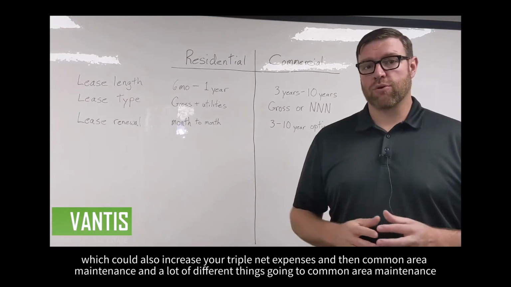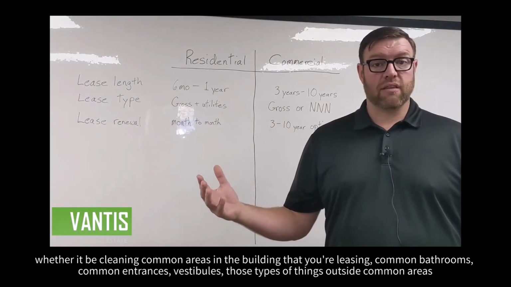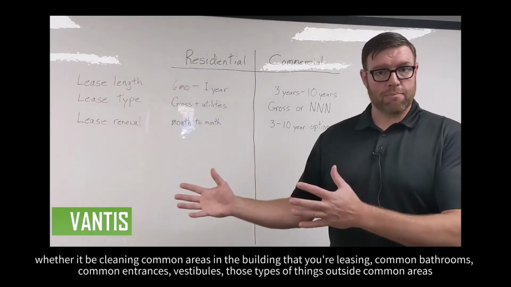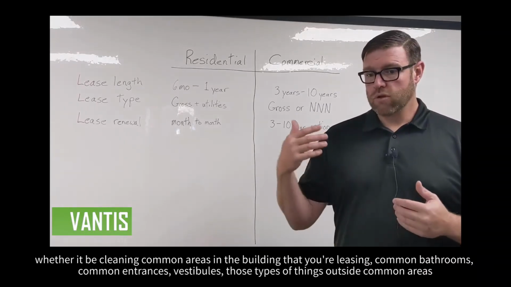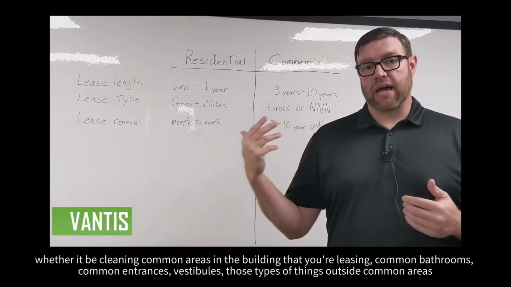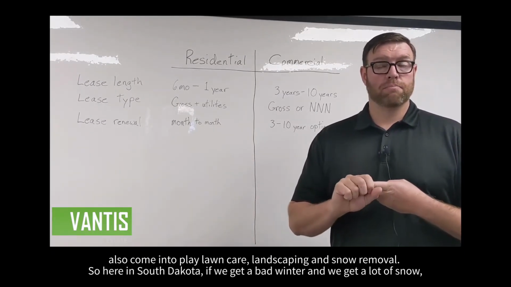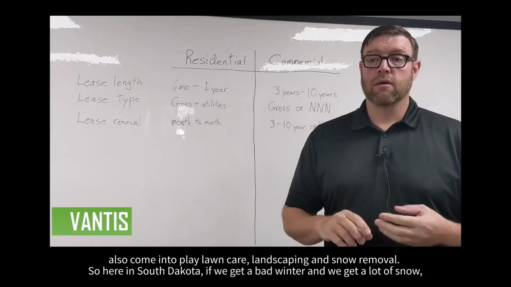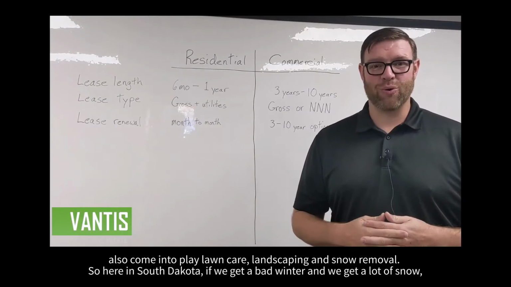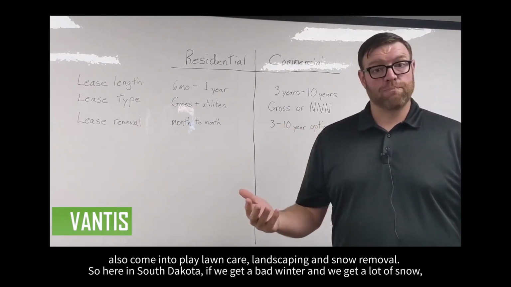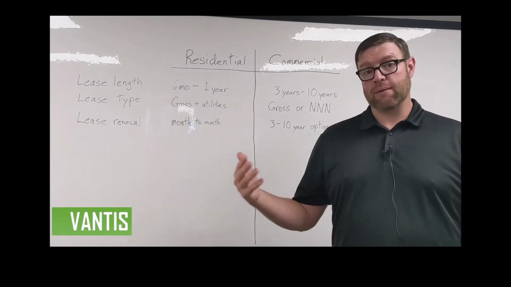And a lot of different things go into common area maintenance, whether it be cleaning common areas in the building that you're leasing, common bathrooms, common entrances, vestibules, those types of things. Outside common areas also come into play. Lawn care, landscaping, and snow removal. So here in South Dakota, if we get a bad winter and we get a lot of snow, your triple net expenses can go up because your parking lot had to be cleared many more times